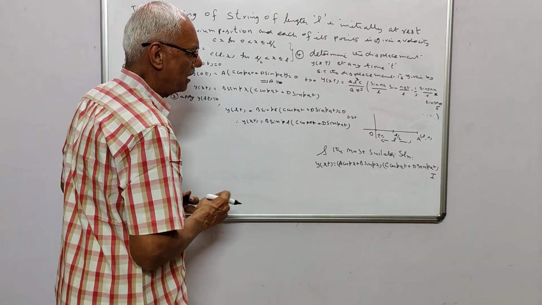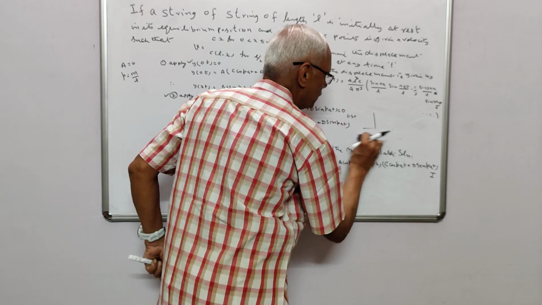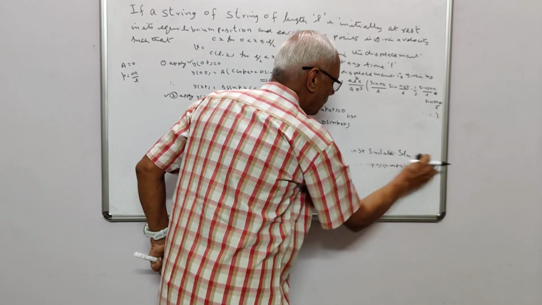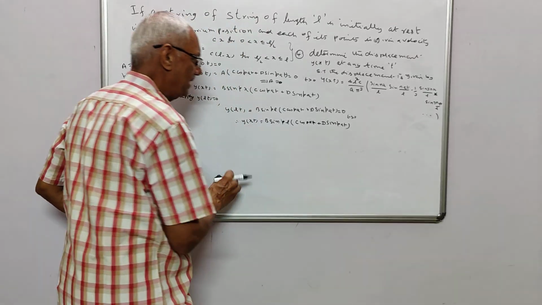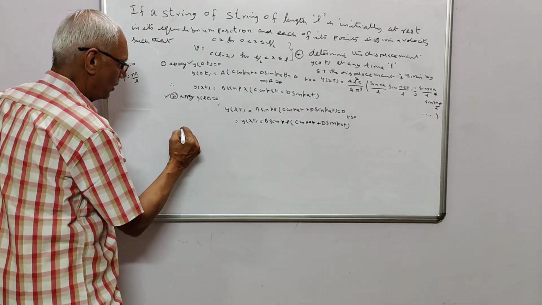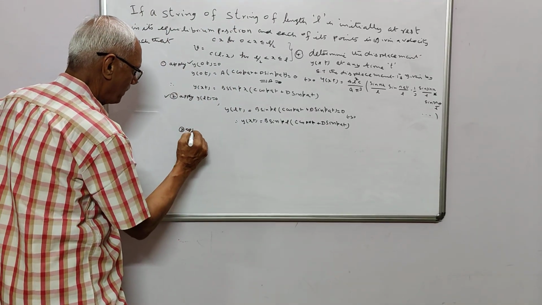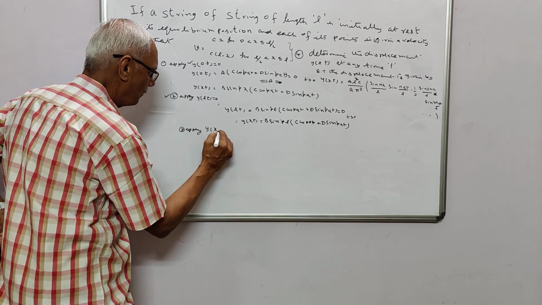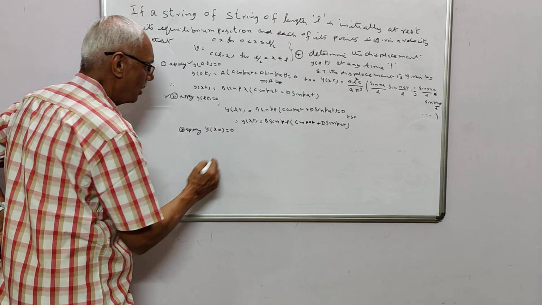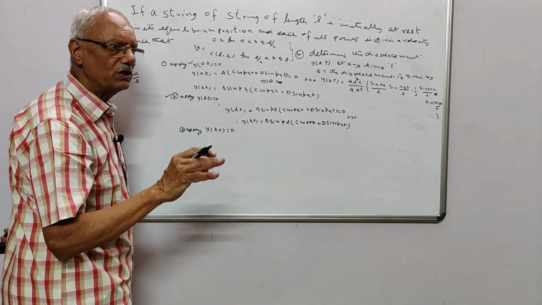Now let me go for the third. Apply one by one, you will get the answer. So let me apply the third one. Next one is y(x,0) is equal to... What is the meaning of this? Initially